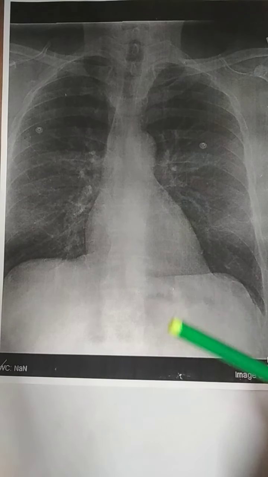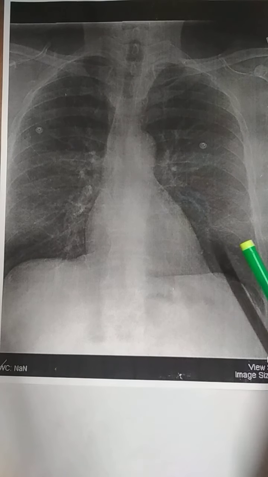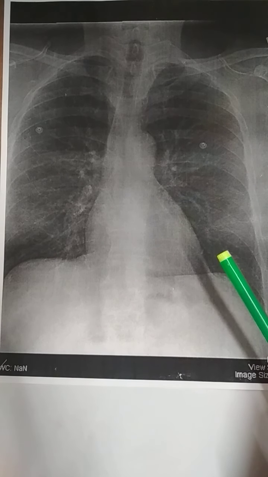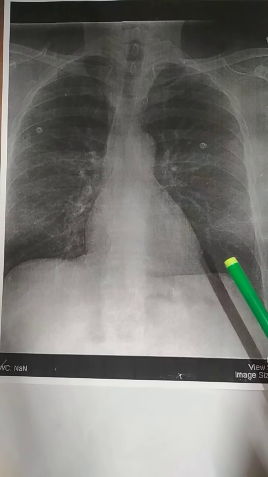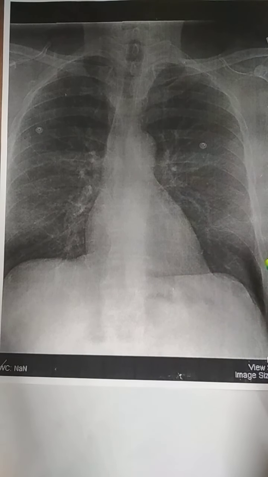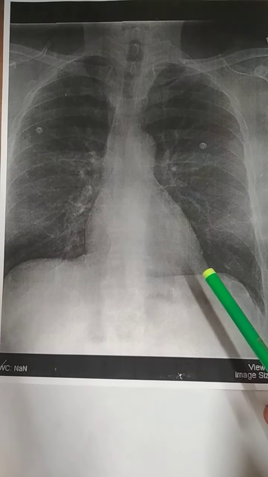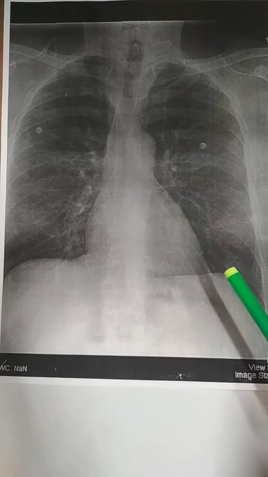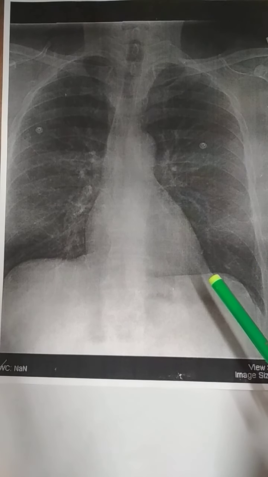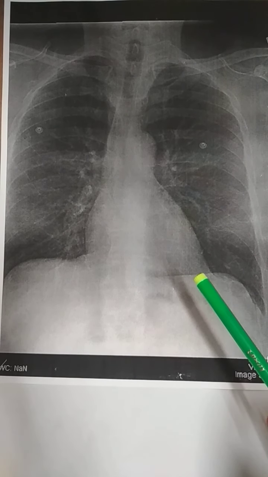So the chest X-rays are basically of three types: PA, the posterior-anterior; AP, the anteroposterior; and lateral chest X-ray. The posterior-anterior chest X-ray, the PA, is the commonly used chest X-ray because that decreases the exaggeration of the heart shadow, whereas AP, the anteroposterior, is used in ICU and bedridden patients, and the lateral view is used to get a 3D image with the PA view to see behind the heart and the mediastinum. So today we will discuss basically the PA view.